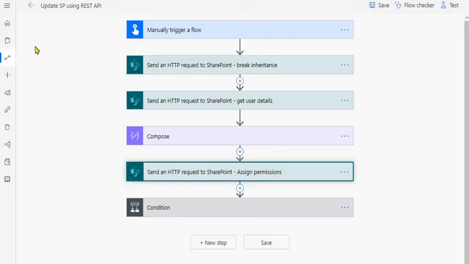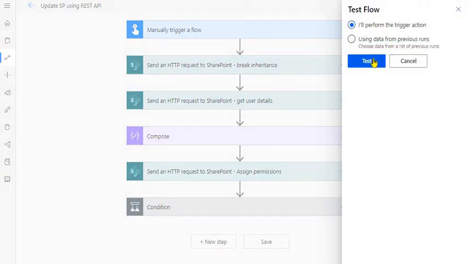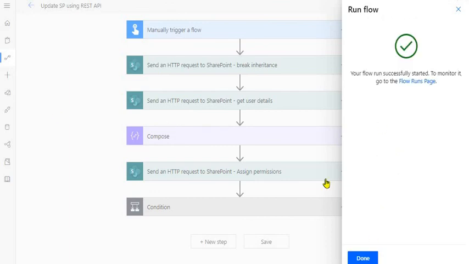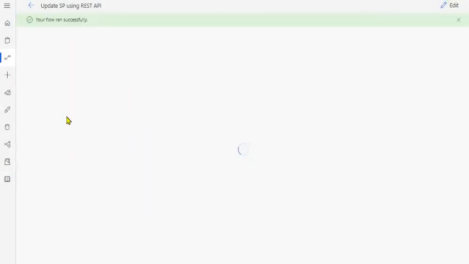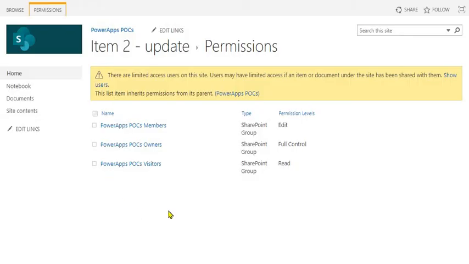We'll just run this flow. Done. So as you can see, all the actions have been executed successfully. So let's just switch back to our SharePoint list item and check if the permissions have been changed or not.